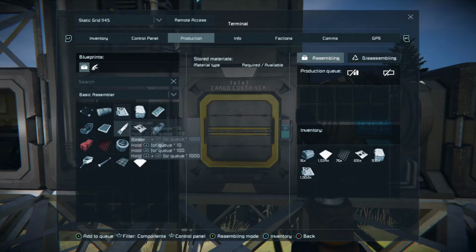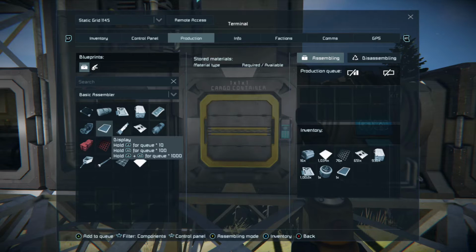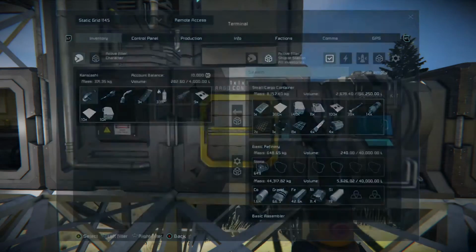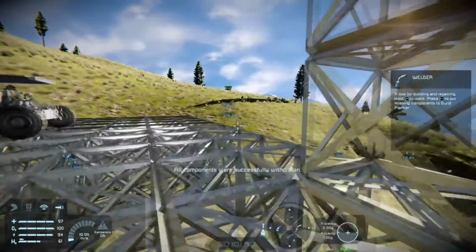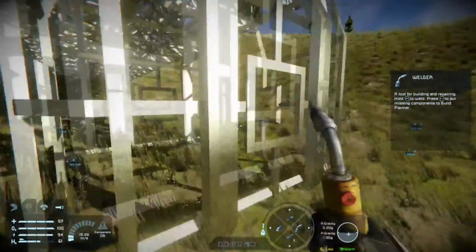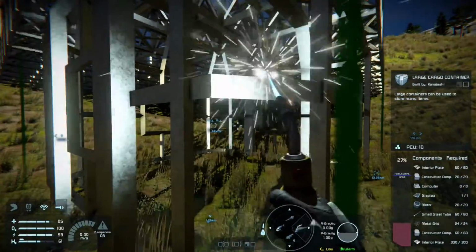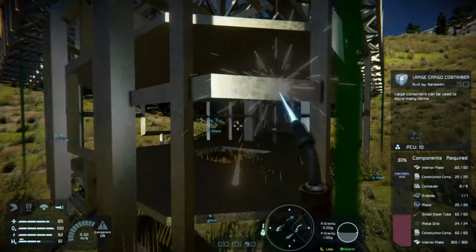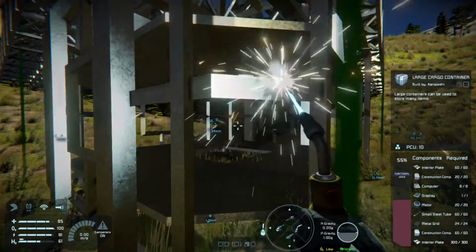Go over to my production, go to a motor and a display. Wonderful. And now I should be able to hold down the right button and press inventory, and all components successfully withdrawn. Excellent. Ow, I'm breaking my shins. Every single time I jump down from there, I will pop my shins off, but that is okay. So, after we get this all built up,